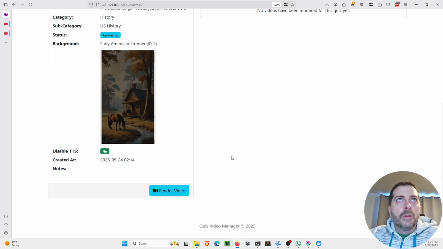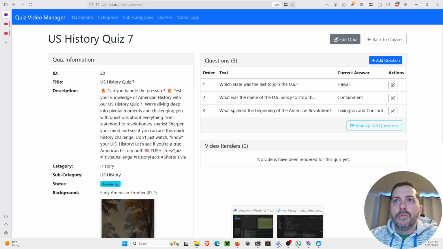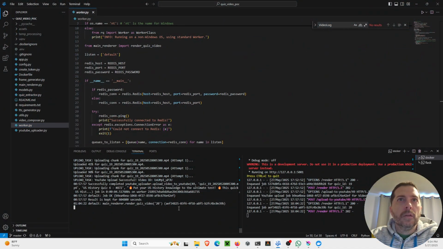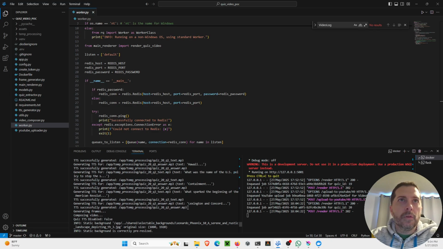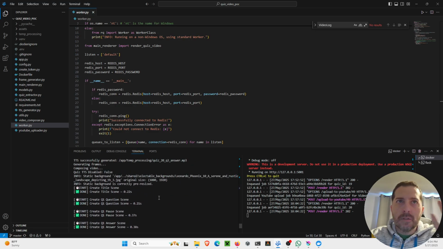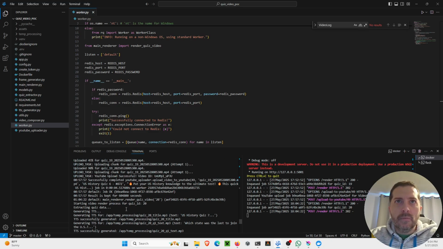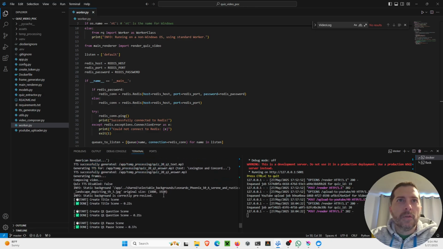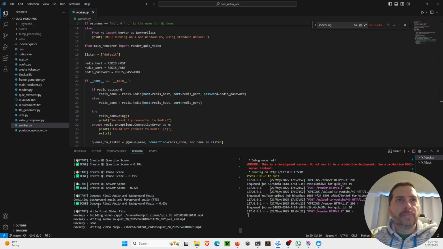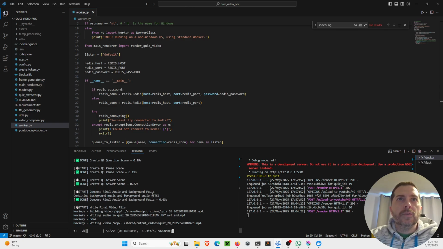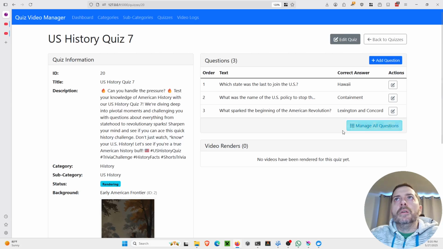It's been queued. I'm gonna tweak the front end a little bit, but you can kind of see on the back end here we have rendered this video, and it picks up and pretty quickly does most of it. It fetches the TTS from ElevenLabs. It puts together the scenes. We're using MoviePy to do all this, and right now it's stitching it all together. So the sound, the background, all that stuff gets put together, and then once that's done, we'll get our video